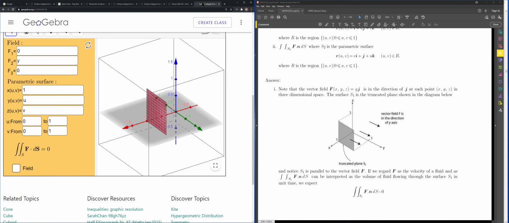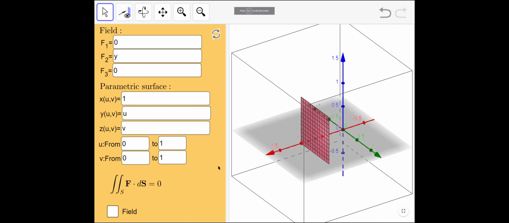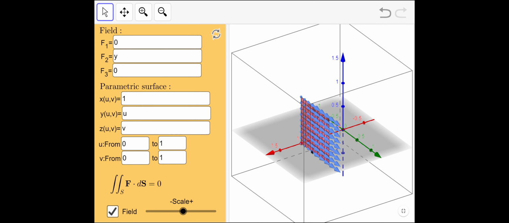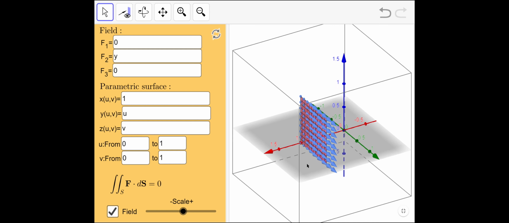Okay, so for this picture here, so far this is the S1. Here I drew the vector field in three-dimensional space. But what we want to see is, well, what vectors are cutting across this surface S1. Okay, so these are the vectors that cut across the surface S1, and what you want to notice over here is that